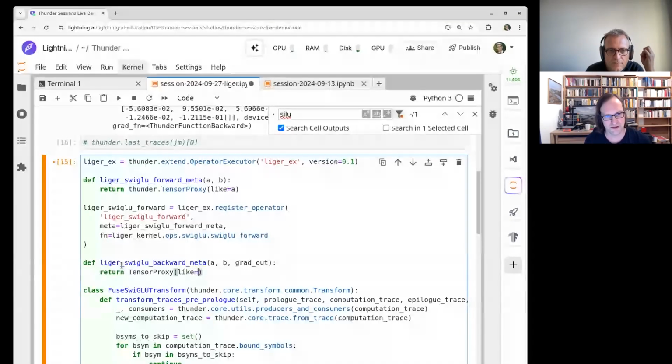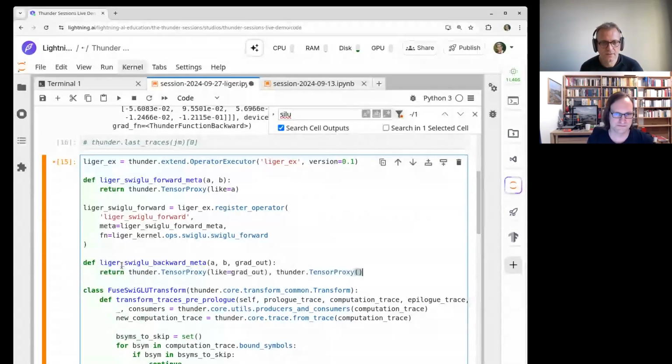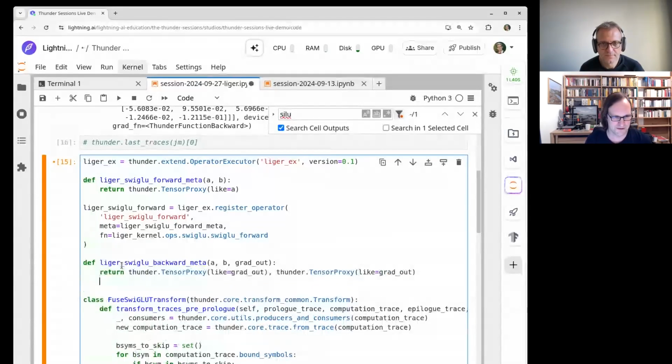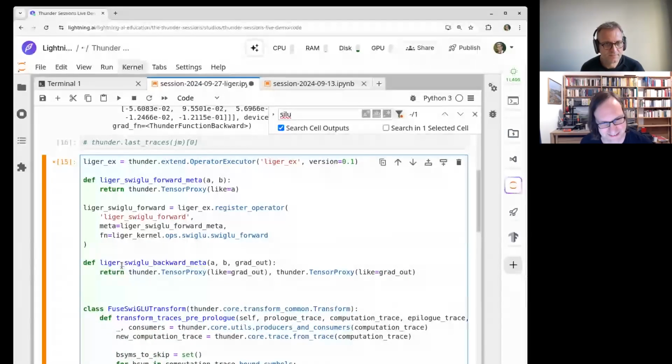We could use A, B, or grad out. They will all have the same. It's Thunder tensor proxy, right? Okay, that was easy enough.